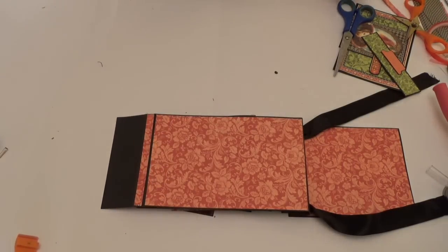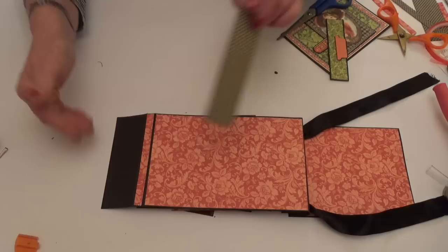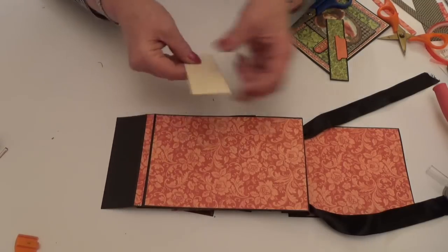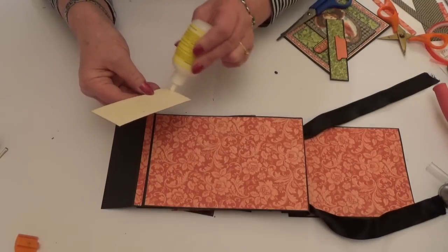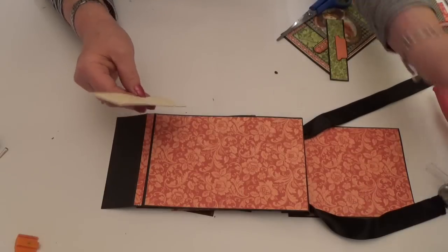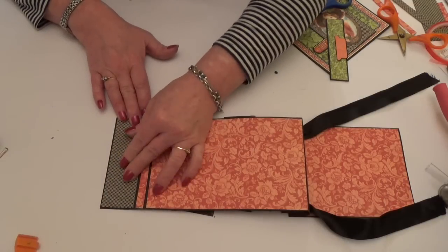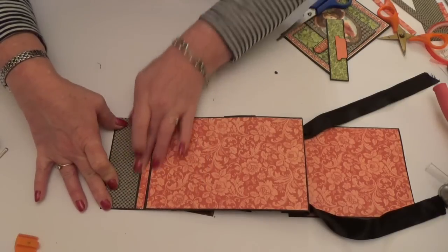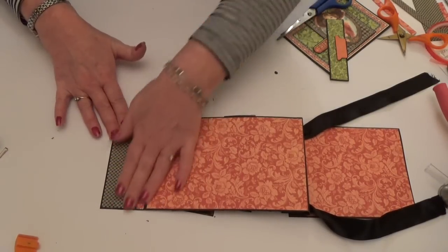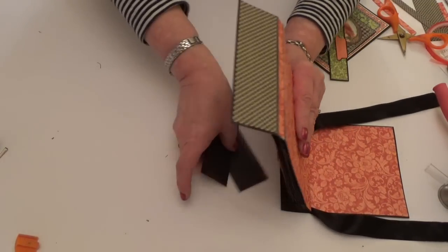And then the last piece for the flap. Now, I went for brown on the outside just to coordinate all of the colours, but the piece is 1 5/8 wide by 5 1/8 deep if you want to cut the same paper as you've got on the rest of your cover. Press it down nice and firmly, and then just hold everything in,